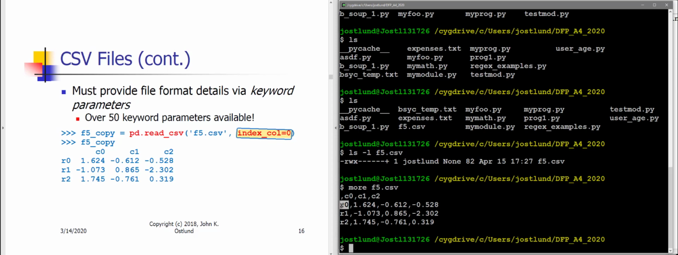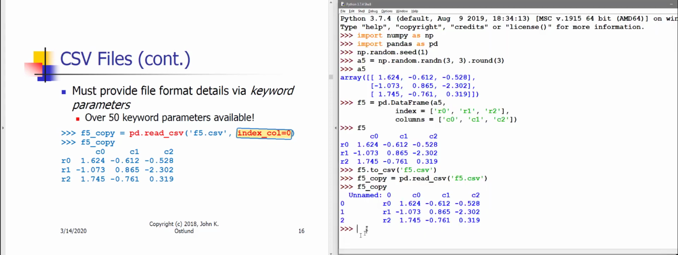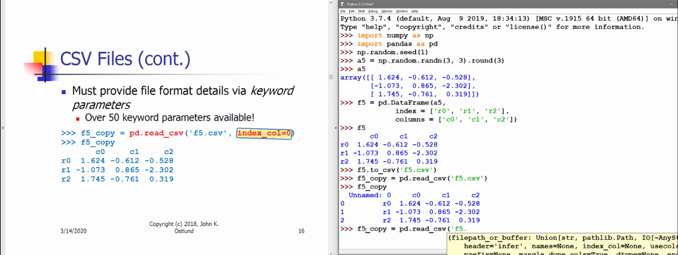Okay, so column 0 in this input file, those are the row labels, and everything else after column 0 is data, except of course for the first line where we do have column names. So let's re-execute read CSV with this keyword parameter. All right, so we're going to overwrite f5 copy with pd.read_csv from f5.csv